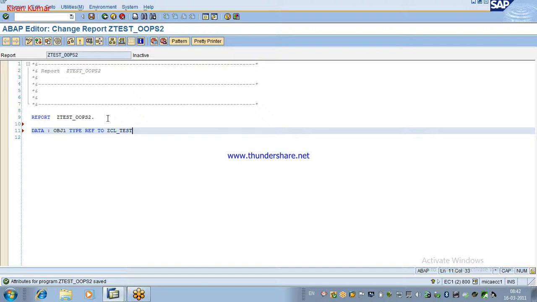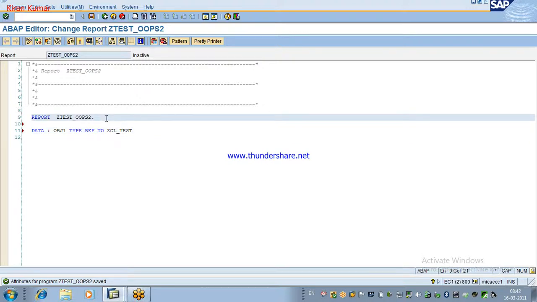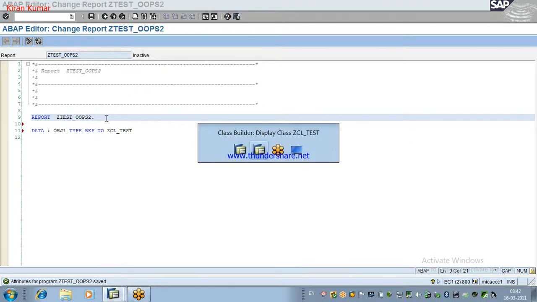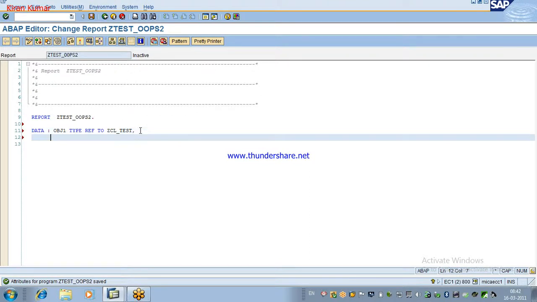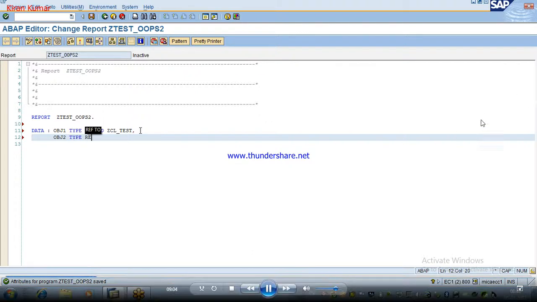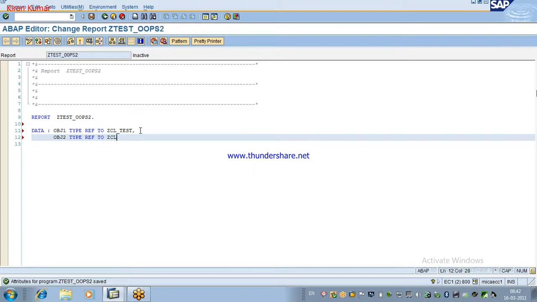This is our class name, correct? zcl_test or something else? zcl_test. I will create another object obj2 type ref2, same class zcl_test. So now I have created two objects for the same class.